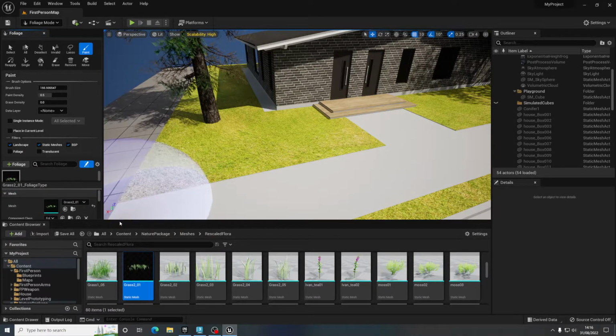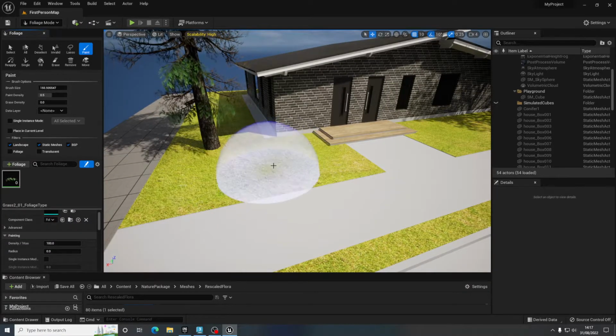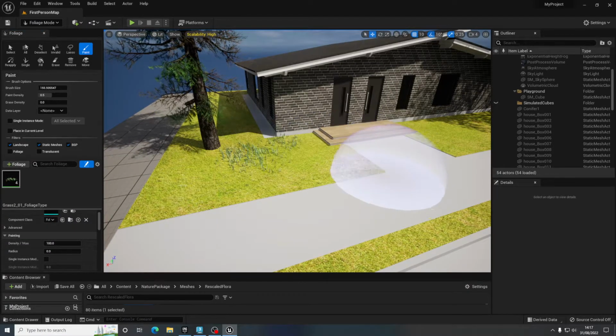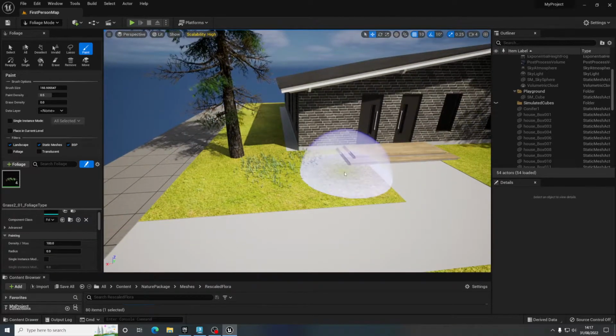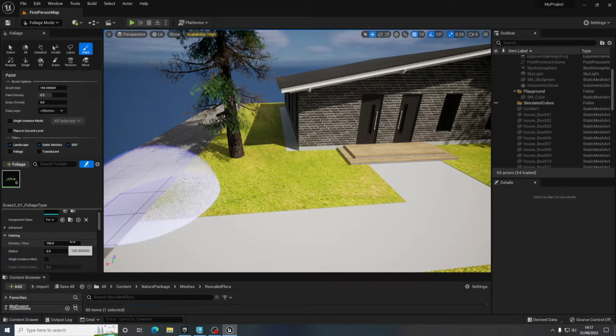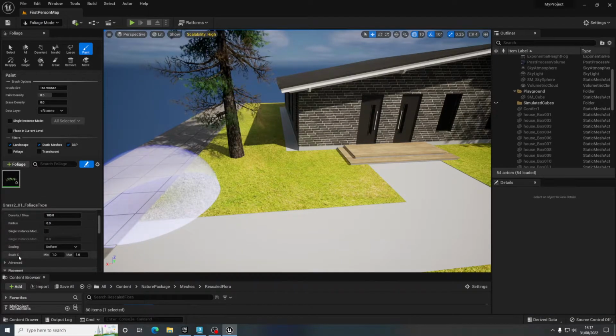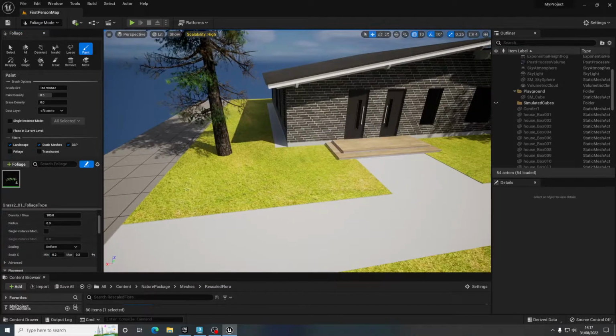Working in a very small window here. And there's a couple of things we want to do. So if I click now, it would give me a bunch of grass, but the scale isn't quite right. Now I'm not too happy with that. So what you need to do is change down here the scale here. So I want that to be like 0.2 maybe. Same there, 0.2. So if I click again,